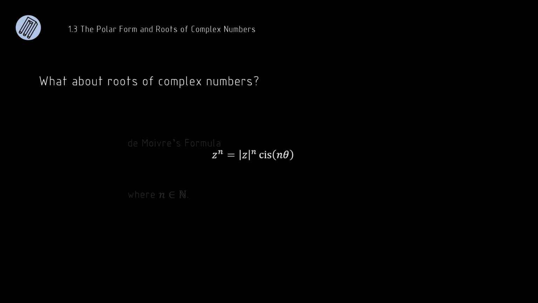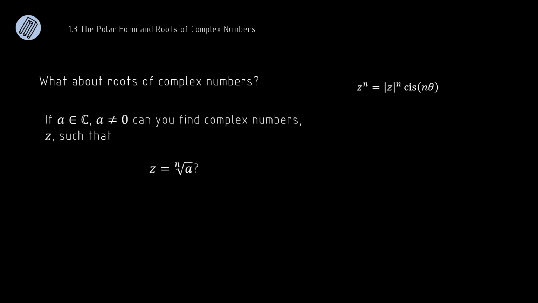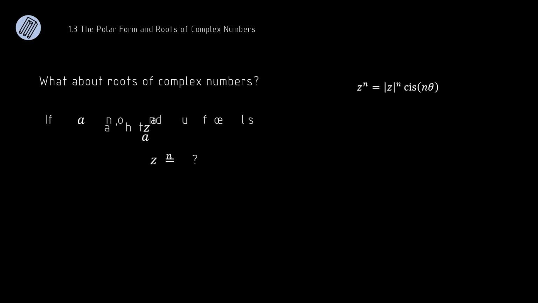This is known as de Moivre's formula, and it holds for any value of n as long as it's an integer. So, back to the original question about finding roots of complex numbers. There's another way to phrase this question that's perhaps more suggestive. And that is, if I know a and n, what are the values of z that allow z to the n to equal a? We can go ahead and expand this relationship using the new formula, as well as expand